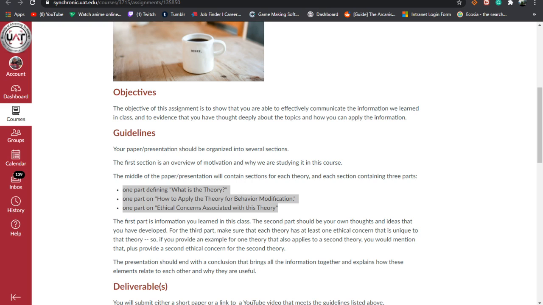Your self-esteem doesn't matter if you're not feeding yourself. Your safety, that doesn't matter if you're not feeding yourself. So that is kind of how that works. So how you apply that theory for behavior modification, what I would do is, I'll use my example with the